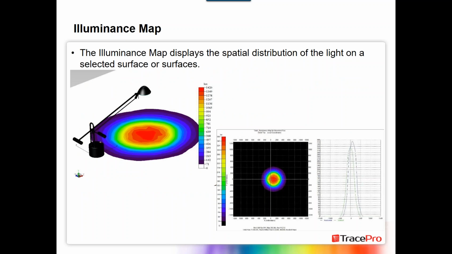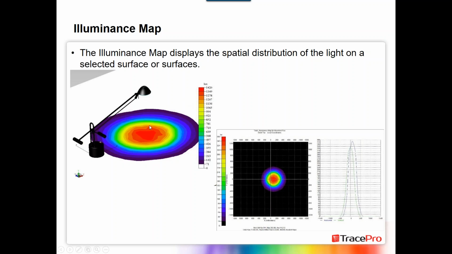So, some of the more common tools in terms of analyzing results in software. One is the Illuminance Map. I'm going to concentrate mainly on the photometric units, as those are the ones we typically use in lighting applications. But just note that all of these tools, really, except photorealistic rendering, also have radiometric versions as well. So the Illuminance Map is used to display the spatial distribution of light on a specific or